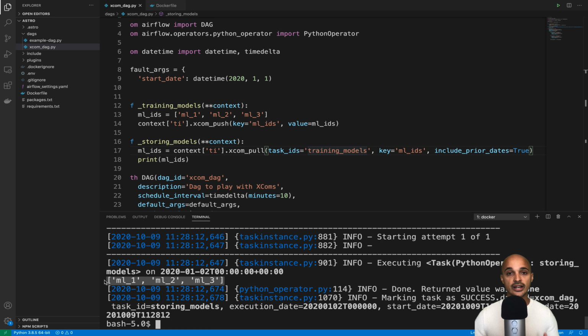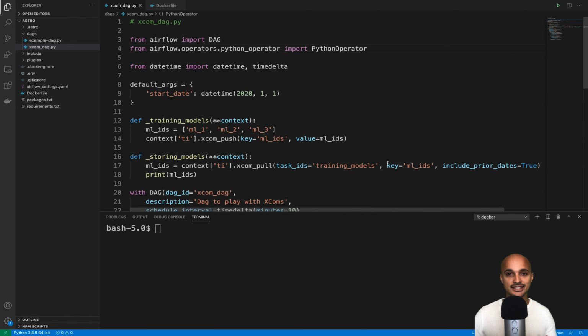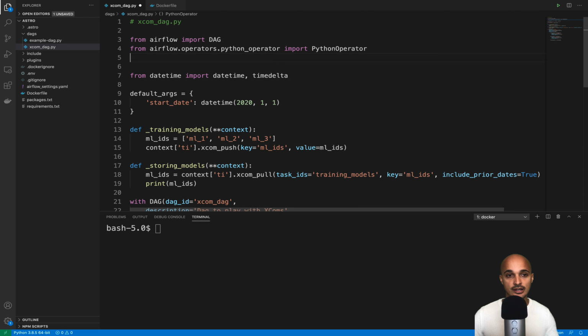So the question is, how can we pull multiple XComs at the same time? Let's discover this right now. In order to pull multiple XComs at the same time, we are going to use a function get_many. Since get_many is not available within the task instance object, we need to import the class XCom. Let's do this right now. At the top of the file, type from airflow.models import XCom. Then, in the function storing_models, let's create the same variable ml_ids equals